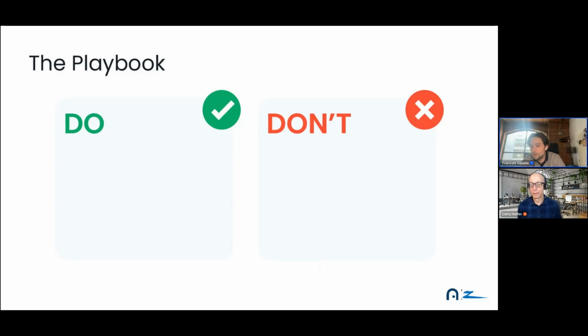I would be very shocked if you are in the customer service industry, which you are being a hospitality professional, if you do not have a guideline, and this is where I'll put in the do and the don't, on how you communicate with your guests. Do you greet them by their first name? Do you say hello or hi? Do you say howdy or aloha based on your location, right? All of these things inform your VAs who might not have the same cultural or contextual information that you have, and is the sort of backbone of making AI work in a hospitality business in a way where you're not going to turn it on and turn it off the next day